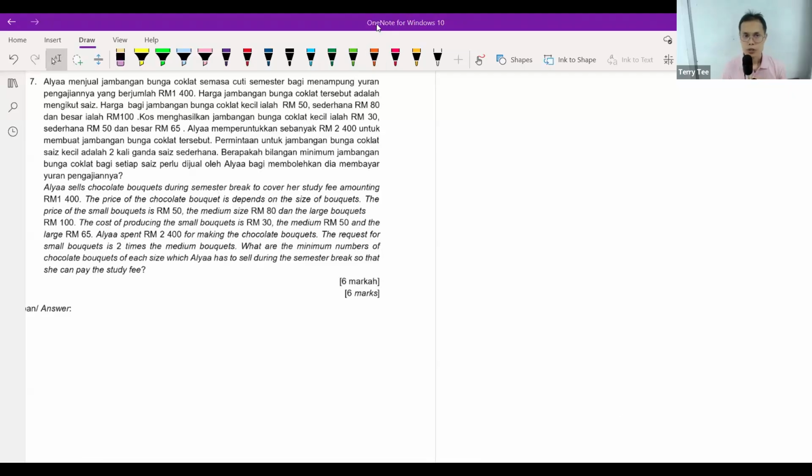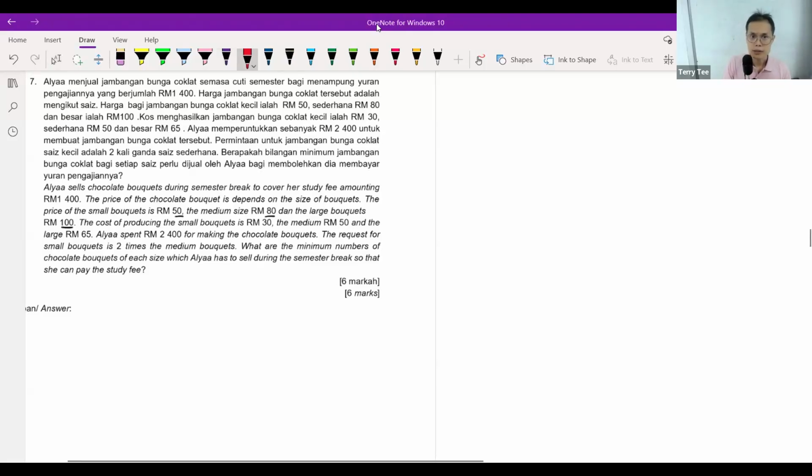Okay, moving on to question number 7. This is from Form 4, chapter 3, system equation. Alia sells chocolate bouquets during semester break to cover her study fee amounting to 1,400. The price of a chocolate bouquet depends on its size. The price of the small one is 50, medium is 80, the large is 100. The cost of producing the bouquet is 30,